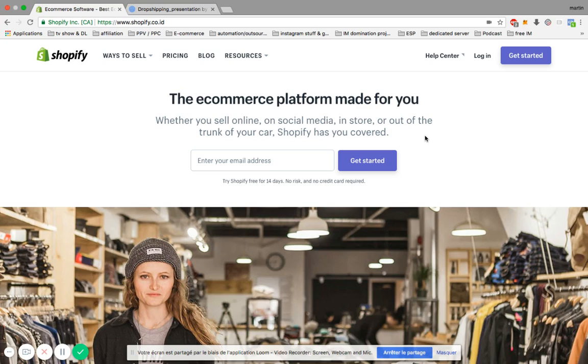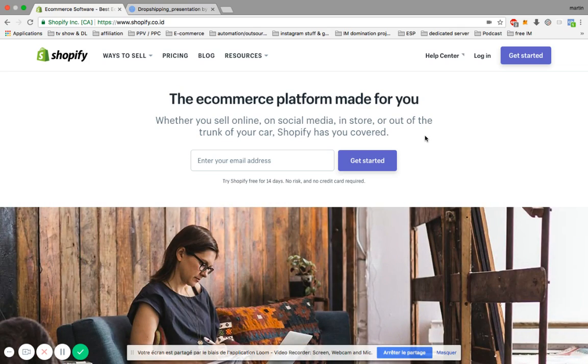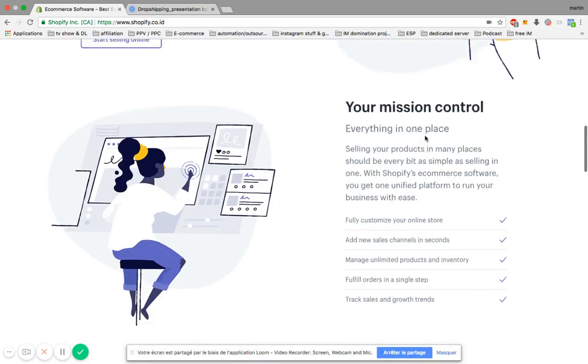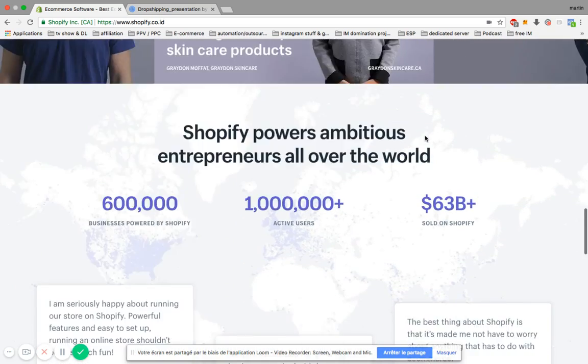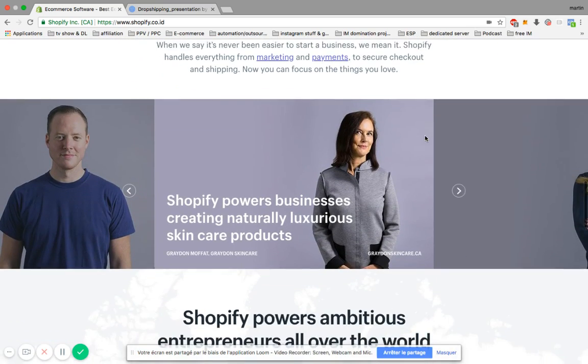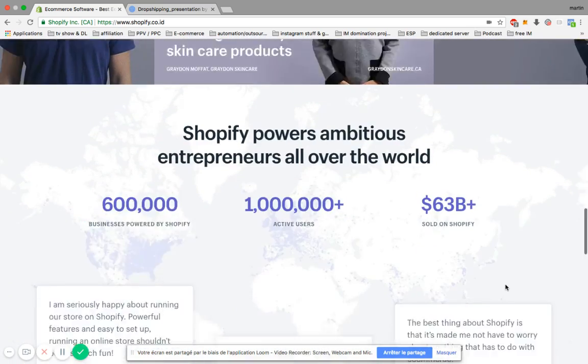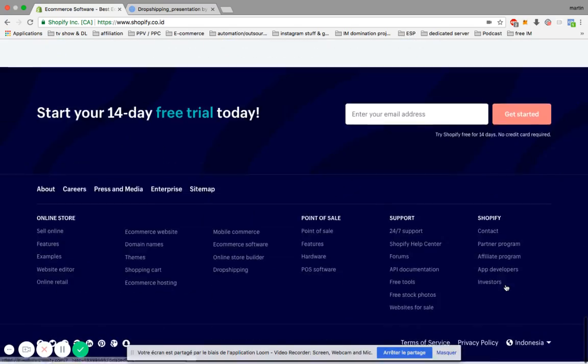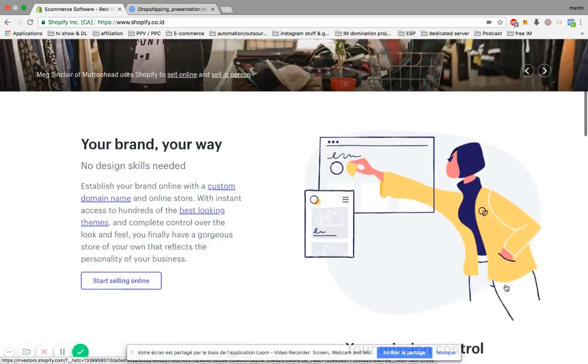This business model is really, really amazing. I use it. I have a lot of stores running. In addition to affiliation, these are the two business models that I use the most. And Shopify is the best platform to do this. There are different platforms, so you can do it in WordPress if you want. You could do it in WooCommerce and a bunch of different platforms as well.